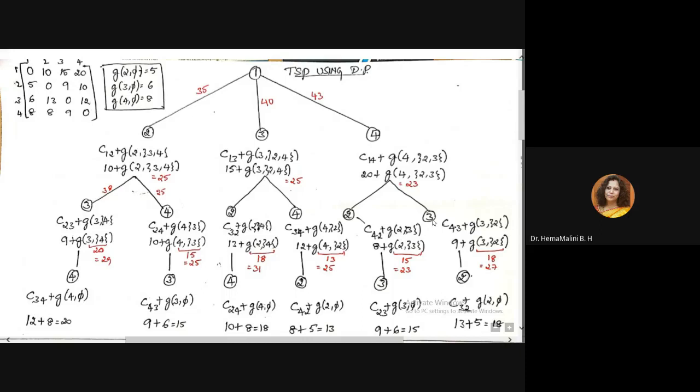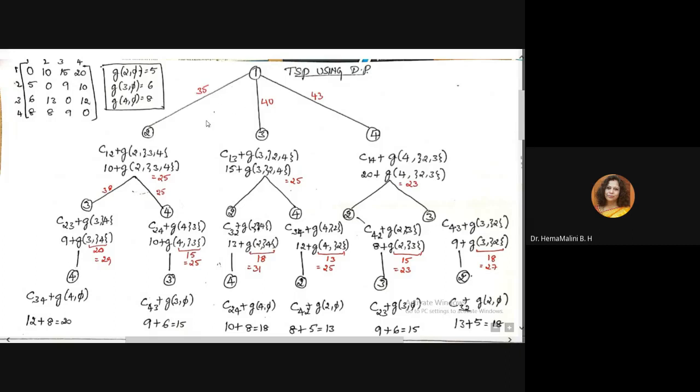Okay. Now if he is in 3 here, so he has to go from 4 to 3. In that case, C of 4 3 plus he is in 3 now. G of 3 comma what is remaining? 1 4 3 is done. 2 remaining is 2. Okay. Now come to the first node. He has visited 1 2 3. What is the remaining city here? Remaining city is 4. Okay.